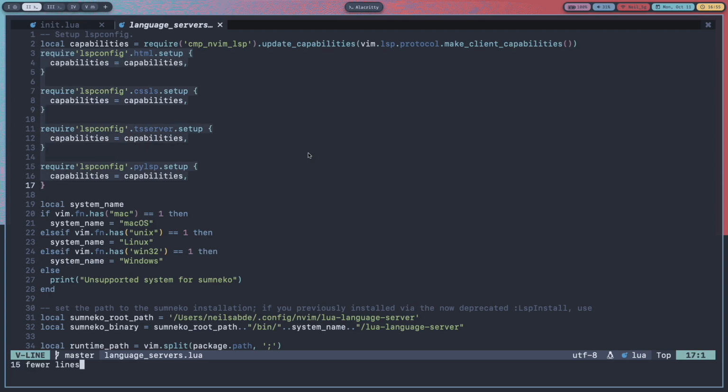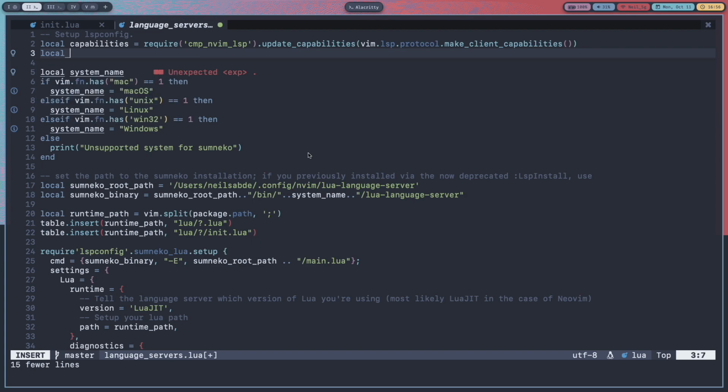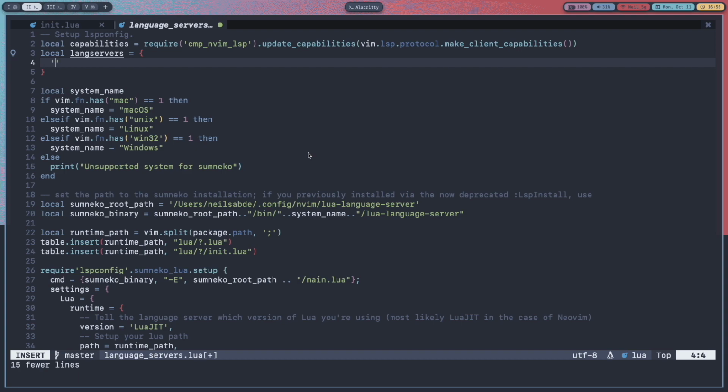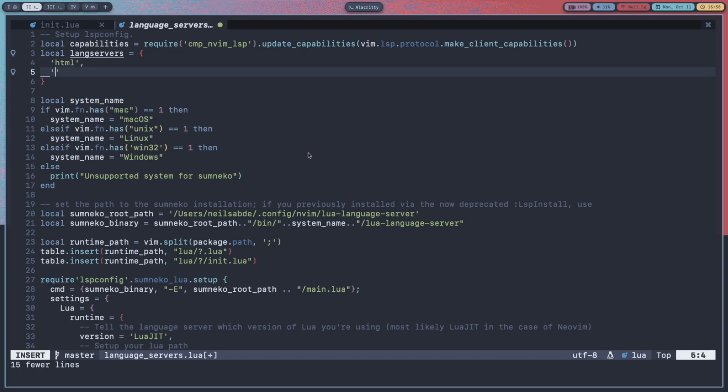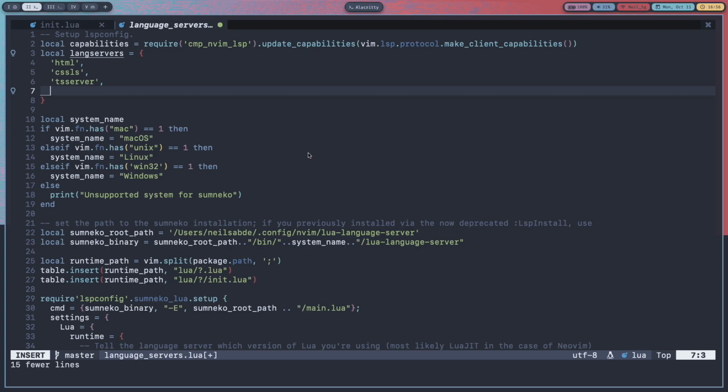First we will delete this part and then make a local variable called lang_servers equals, first let's do HTML, CSS, ls, ts_server, pylsp. Okay, I think that's it.